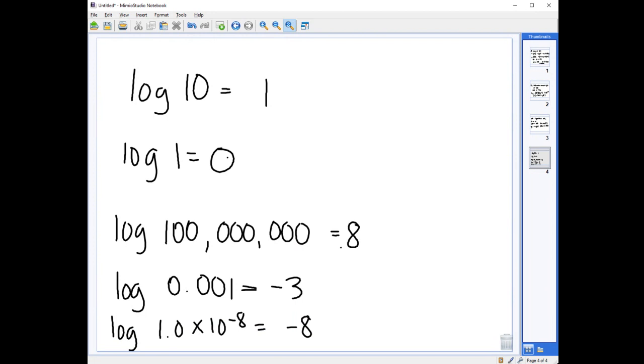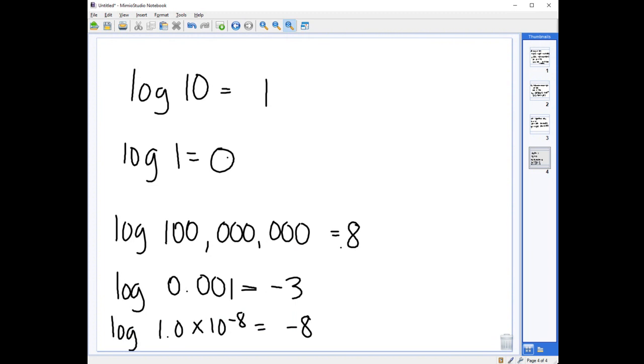Now, if we look at the next problem, log 650. The number 650 is between 100 and 1,000, so the answer must be between blank and blank. Well, the log of 100 is 2. The log of 1,000 is 3. So I know that the log of 650 has to be between 2 and 3. Okay. Now, I'm going to put that in my calculator,